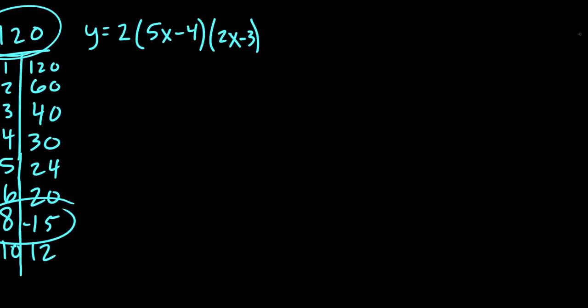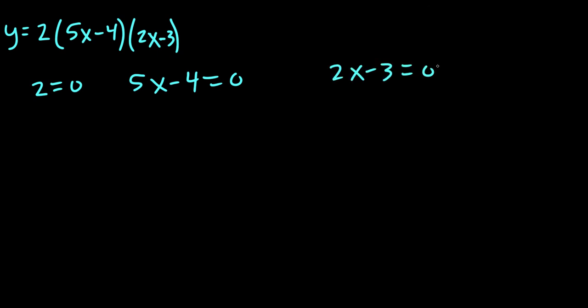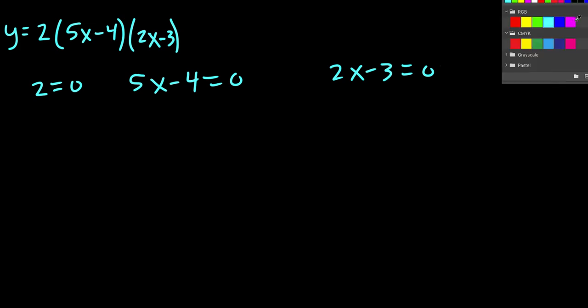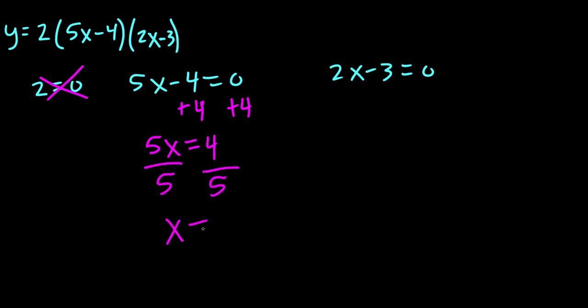and now from here, we're going to take the 3 pieces and set them equal to 0. So 2 equals 0, 5x minus 4 equals 0, and 2x minus 3 equals 0. Okay, that first one doesn't make sense, so we just get rid of it. Now this one we add 4 to both sides. That gives us 5x equals 4. And then we divide by 5, and so x equals 4/5,